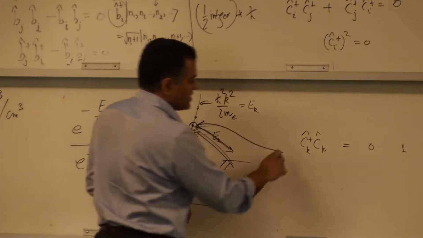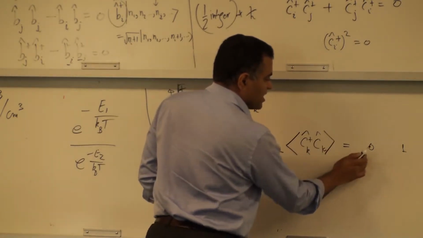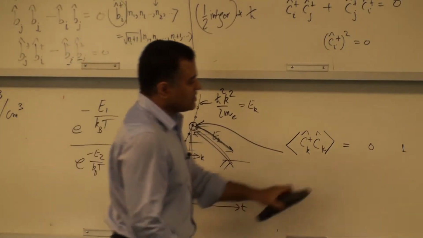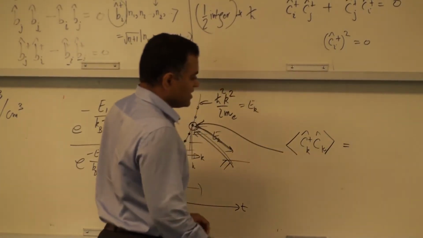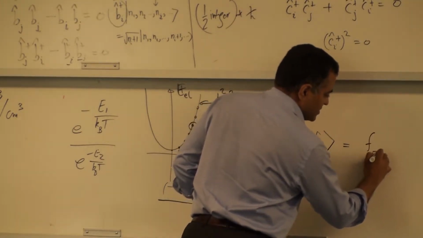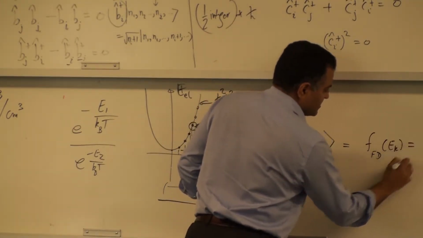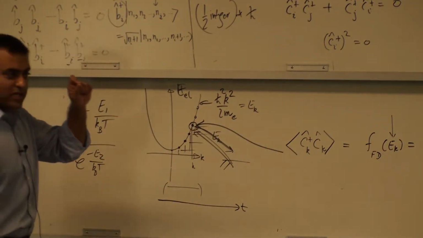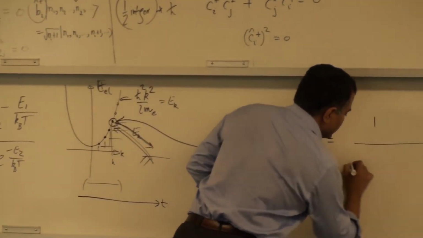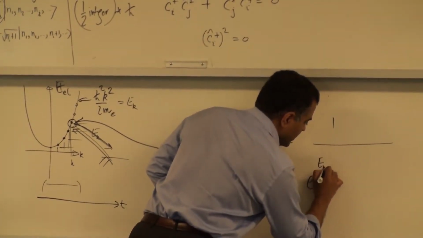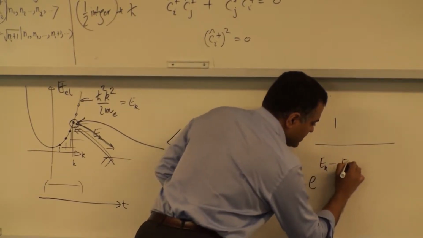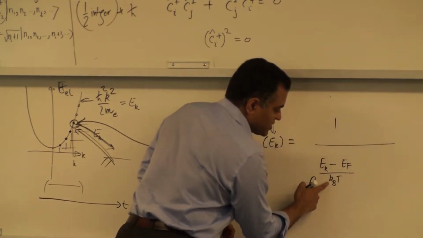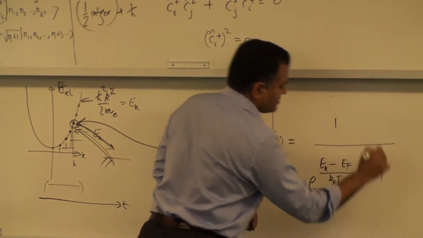If I take a time average of it, right, I'll get a number between 0 and 1 for fermions. And that number is what was derived by Fermi and Dirac, and that number is the Fermi-Dirac distribution. So that's the meaning of this thing. So the Fermi-Dirac distribution is given for that energy orbital, and the expression is e to the power energy of that orbital minus a Fermi energy, or sometimes we'll refer to it as a chemical potential, divided by Boltzmann constant times temperature, plus 1.